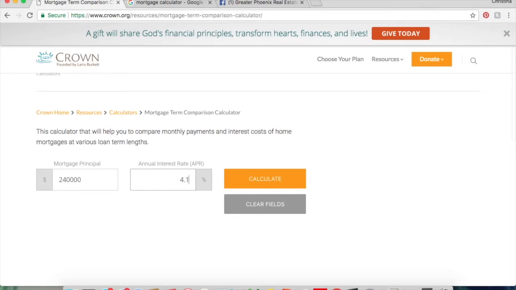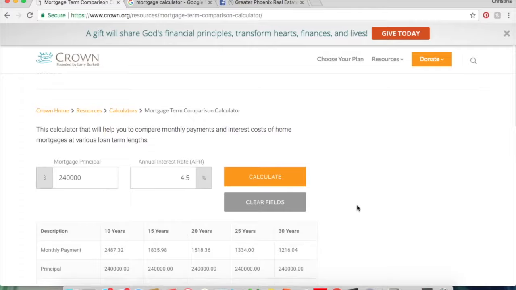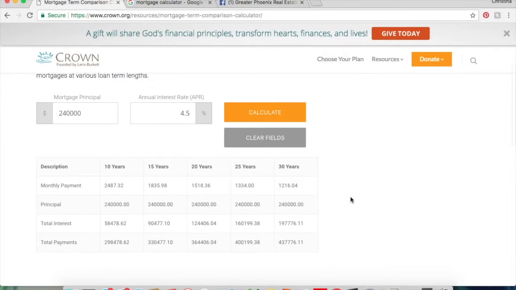If you're not putting 20% down and maybe your credit isn't perfect, you're probably not going to get the lowest interest rate, so you might get 4.5 instead. So just for today's example, let's use 4.5. So we're going to hit calculate here, and we can see we've got different numbers based on different number of